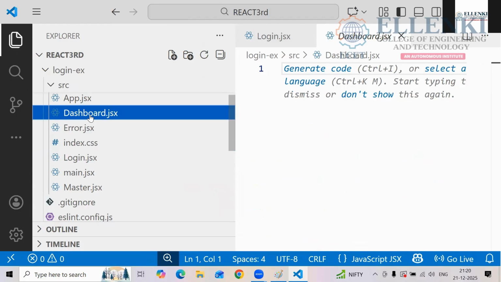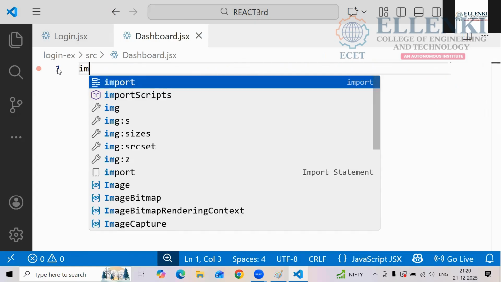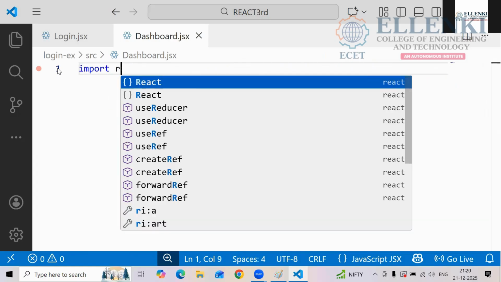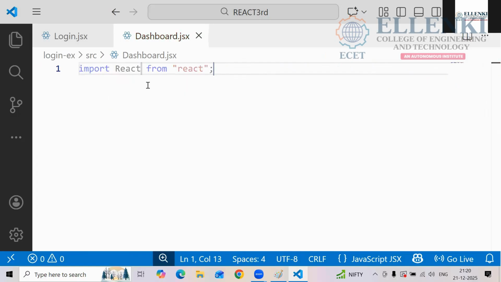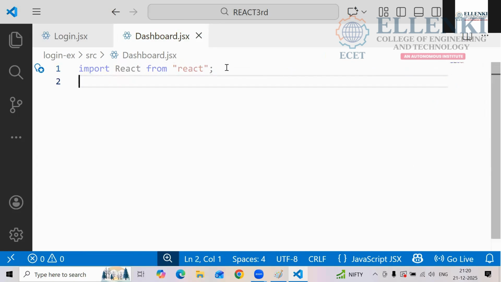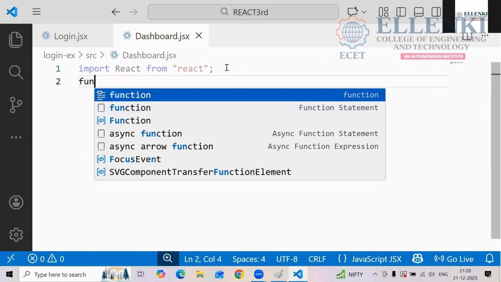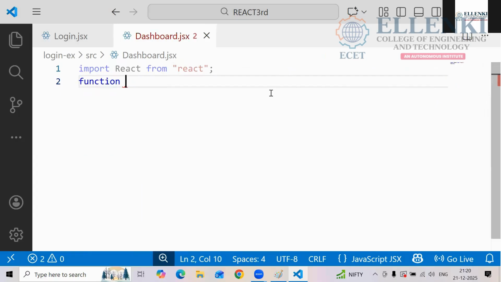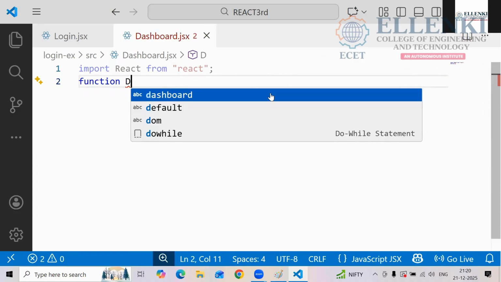We have to display some dashboard. This is the dashboard page, this is the error page, like this, right? So how are we going to write the program here? Import, you have to import React from React. Later you have to create the function, function dashboard.